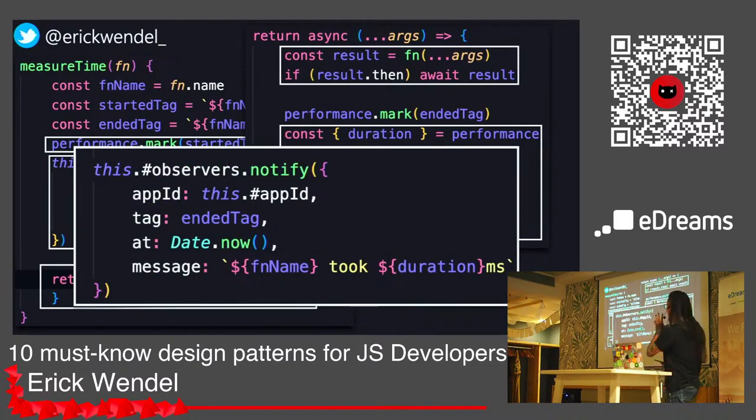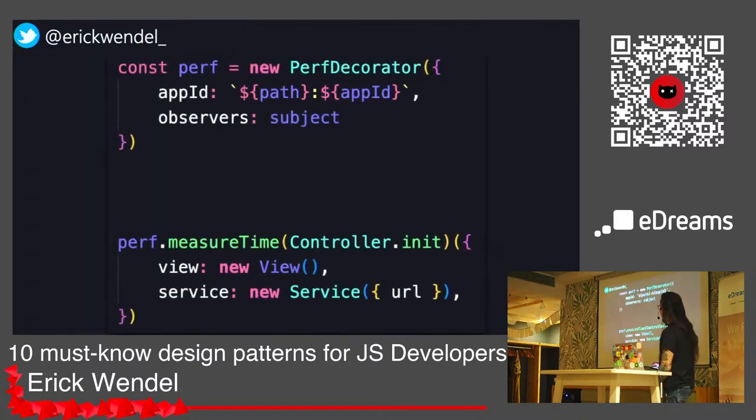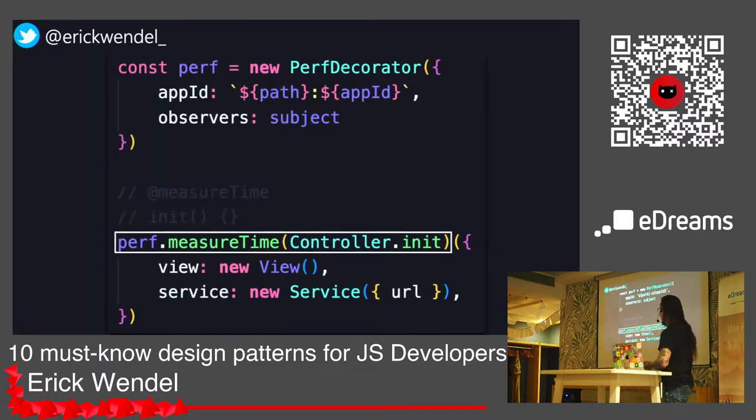So I think this example makes more sense to analyze how to use them. And then I'm going to use the performance decorator and see how we can use it. It's not so beautiful in JavaScript yet, but it's exactly the same thing as putting at measureTime, and we would do exactly the same thing. See, sometimes these design patterns, I would say, are from the 80s, right?